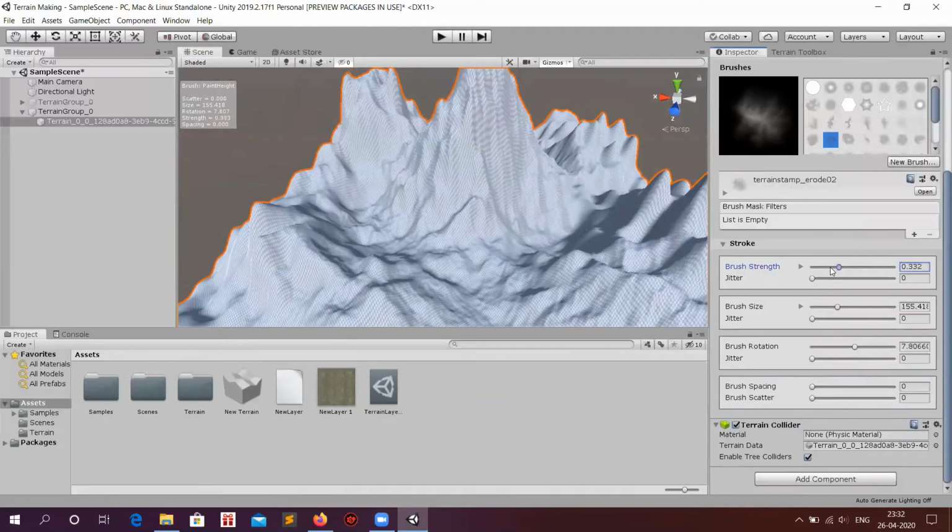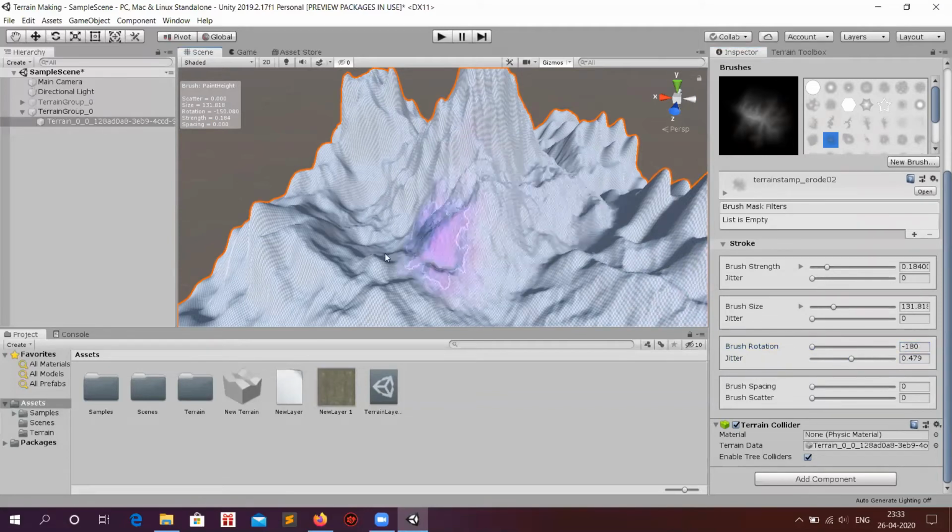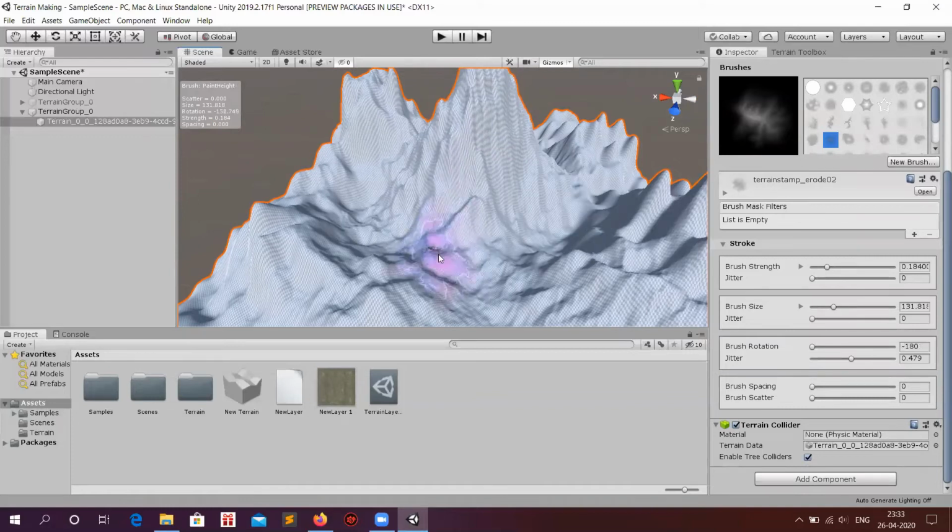As we scroll down in this palette, you can see there are several other options like the brush strength that we were manipulating using the A key. Okay, so there is size which we were manipulating using S, then there is this brush rotation that we were manipulating using D. We can also control the scattering, that is how much we want the brush scattering to be, and the jitter also in the brush.